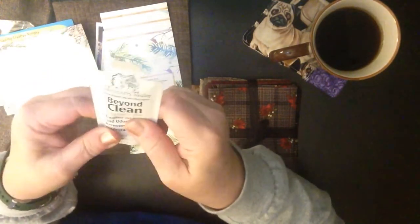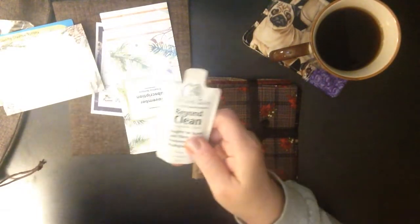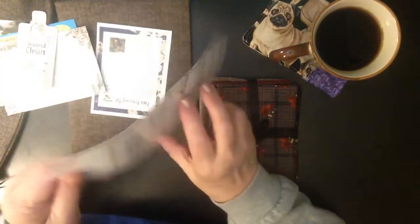I always love getting little samples, because then, and this is very thick and heavy, you could try it out and see what you think. Okay, so